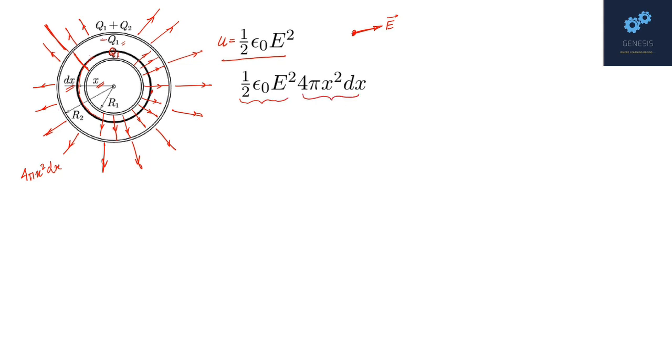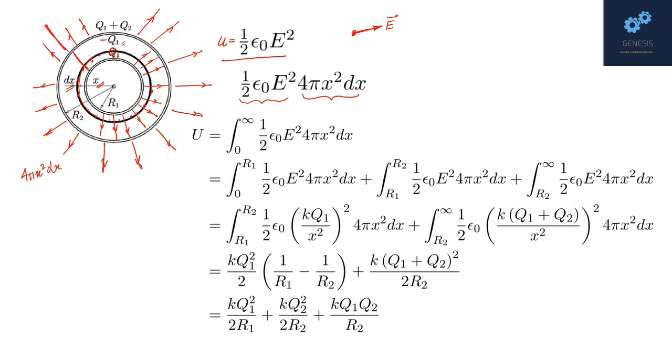Now understand, why am I saying that at all points of the sphere, since the field is radial, I can say that the magnitude of the field will be the same. And therefore, I am simply multiplying the energy density into the volume. If the electric field were to be different at different points of this shell, I could not have written this directly. But here, since the field is radial, the situation is spherically symmetric, we are absolutely sure that at a distance x, everywhere, the magnitude of the field is going to be constant. And therefore, now we find the energy of the system by integrating this expression from 0 to infinity.